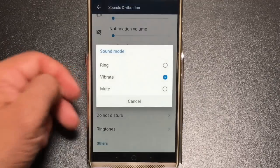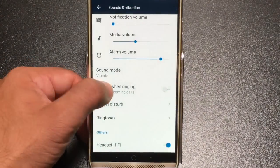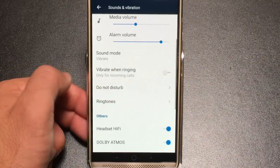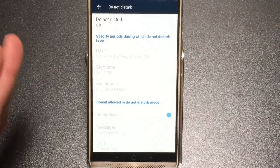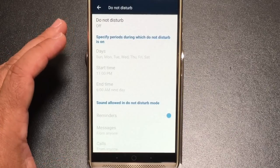You do have your vibrate mode, ring mode, or mute mode if you'd like to disable that. You can determine what's going to happen. You can vibrate when a ring comes in. You do have do not disturb, and I love the do not disturb feature. And the do not disturb feature, you can set